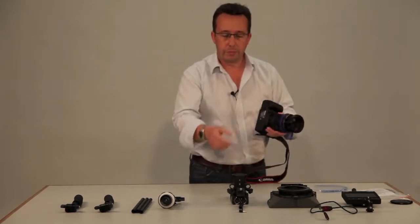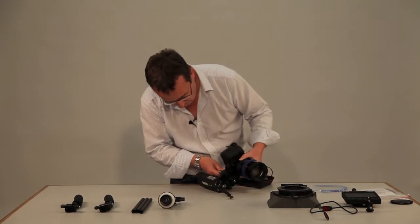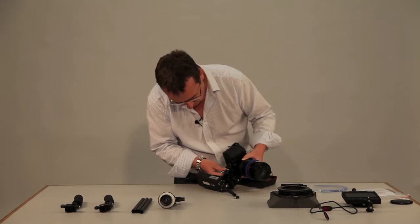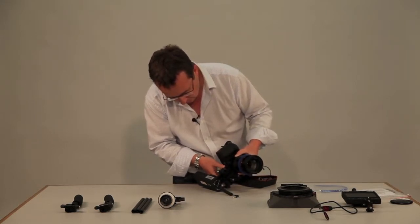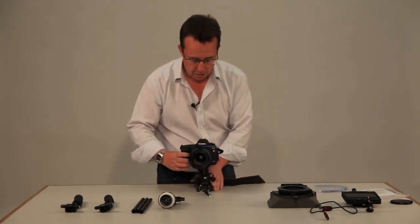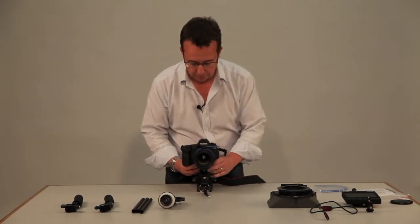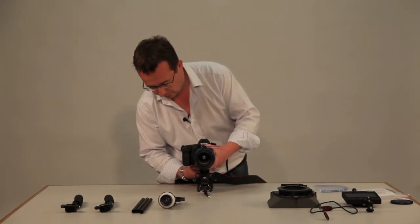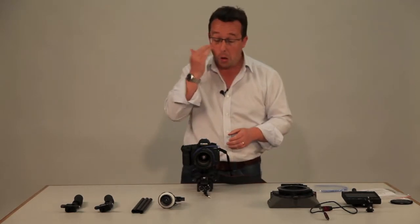Once you've got that on, then you can actually put the camera onto the mount. Before you do it up too tight, just make sure it's nice and straight. Once you've got that on,